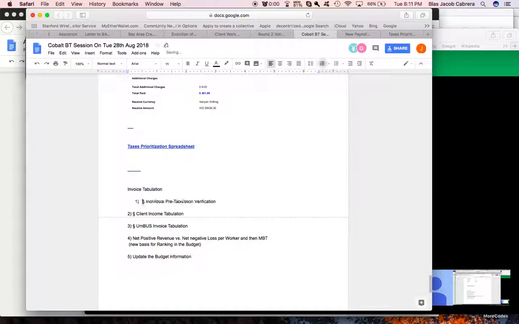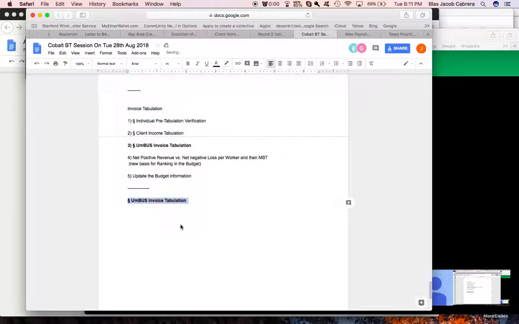We're making progress here, and it's gonna happen. And so now we're right in the middle of it. Number 3, UmBUS. Okay, so everyone understand where we are? Yeah. Okay, so here is the UmBUS invoice tabulation